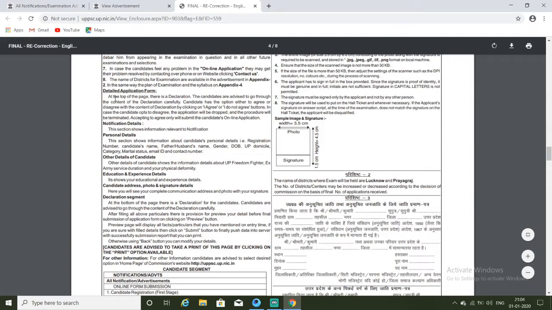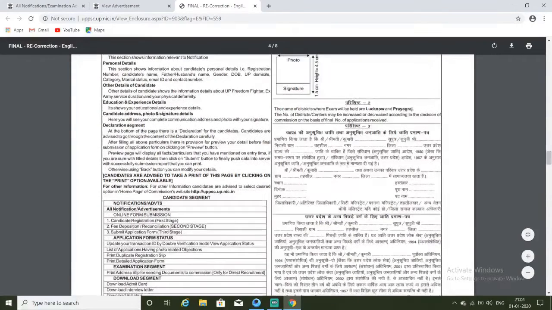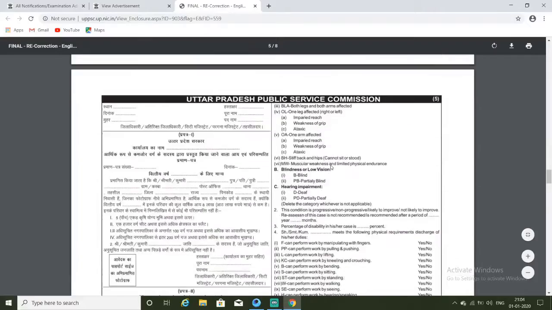First you will be doing the registration. Then after registration, there will be payment. Then after payment, you will be asked to give some additional information including a photo. So this photo should be like this. There will be only one link to upload a photo, and it will say upload your photo and signature. The photo and signature should be in this form, and only then you should upload. So this is important to note.